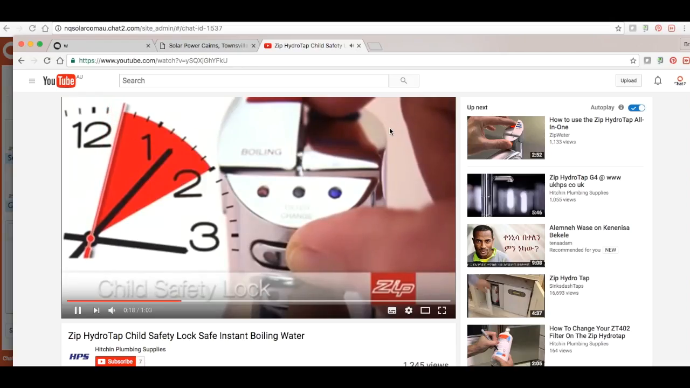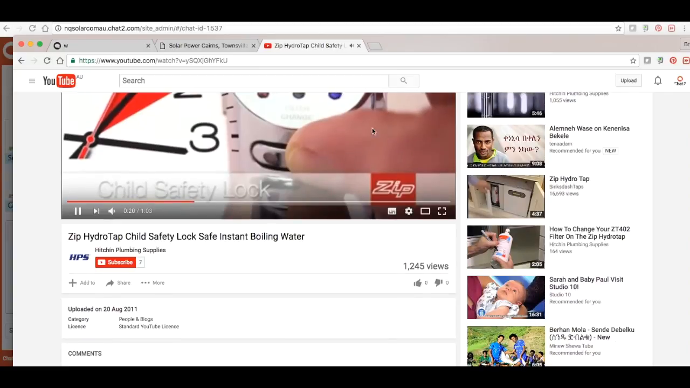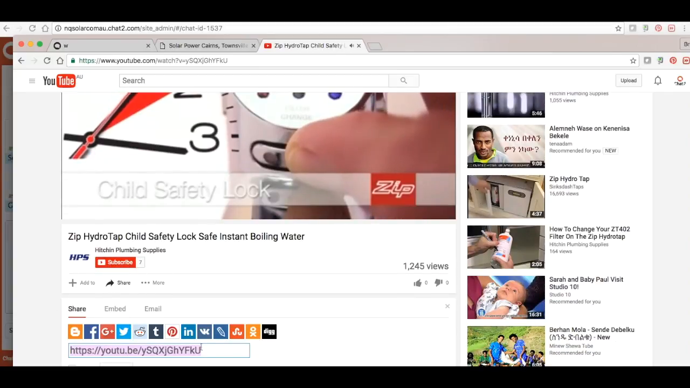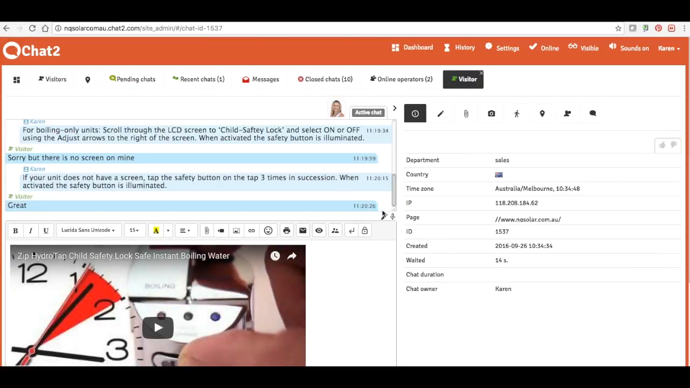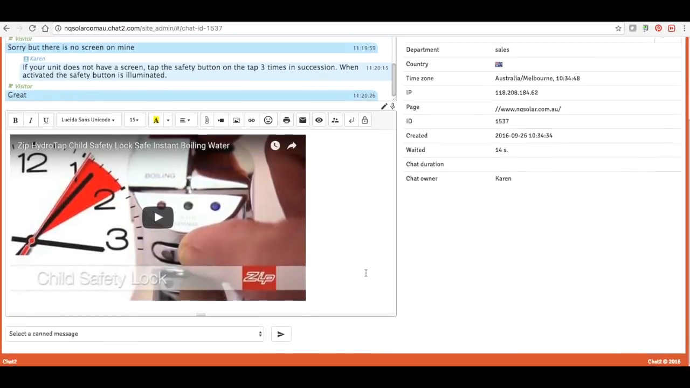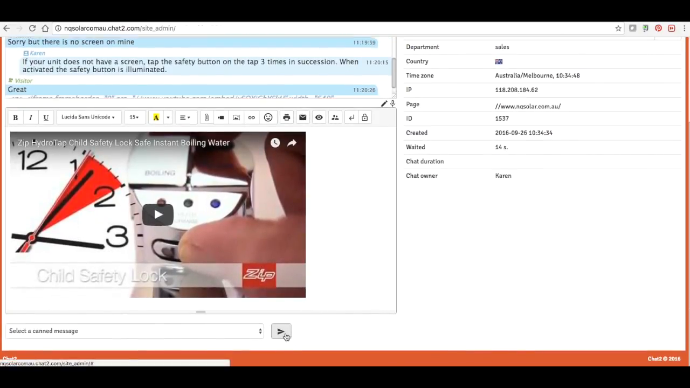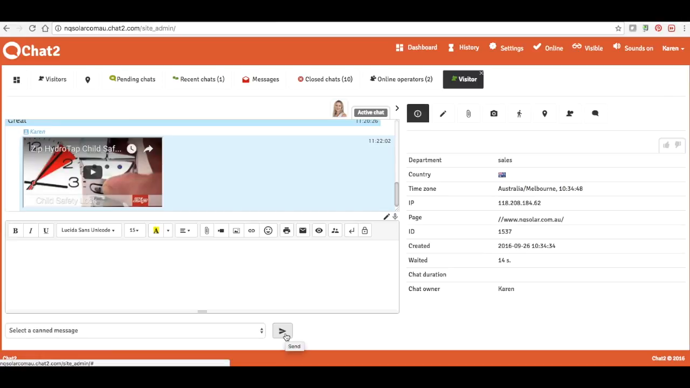So from our YouTube screen here, we have the share button. So I'm just going to copy this URL, paste it into this screen here, click on Insert Video, and instantly my video appears in my chat box, and I just press the send button to send it into my chat. So now the customer can actually view this video on child safety locks for the zip hot water in their